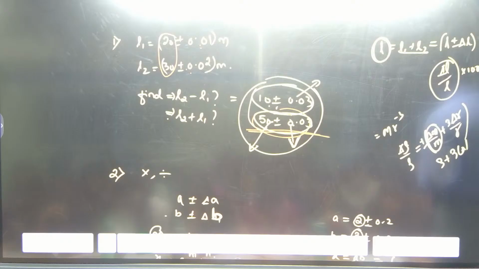If the error in measuring the radius of the sphere is 2% and that in measuring its mass is 3%, then the error in measuring the density of a material of the sphere is